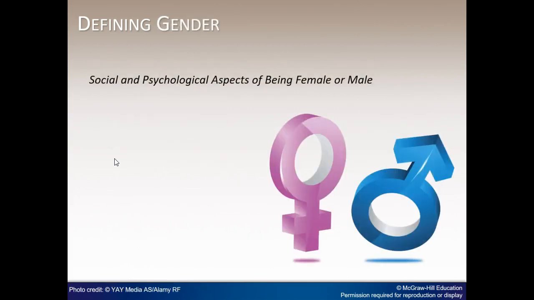The social and psychological aspects of being male or female is known as gender, which goes beyond the biological sex and includes a person's understanding of the meaning to his or her own life of being male or female. Gender identity is an individual sense of belonging to the male or female sex and is multifaceted. Terms such as masculinity and femininity attributes, meaning being like a man or being like a woman, have been exchanged for more broad attributes such as instrumentality for more masculine traits and expressiveness for more feminine traits.